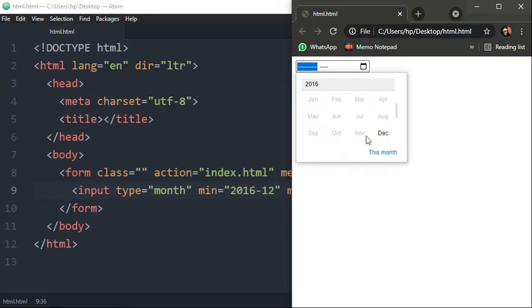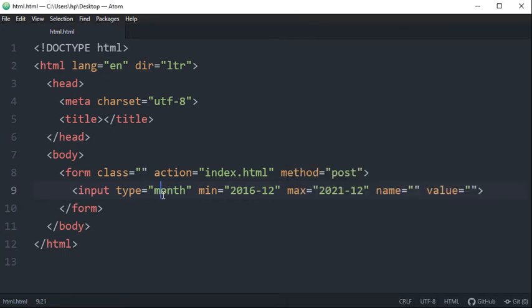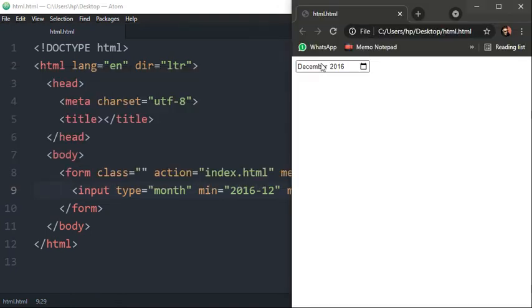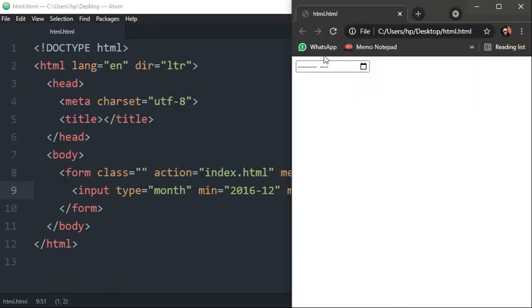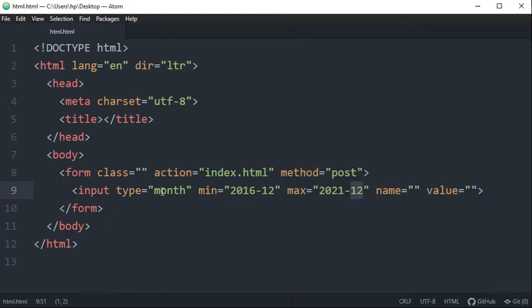User cannot select November 2016 because the minimum range is December 2016. Okay, so this is how user can share input with us in form of month and year. So you have to define input type month to get this information from user. Okay, same goes with maximum. Since it is input type month, you only can mention minimum and maximum range of month here.